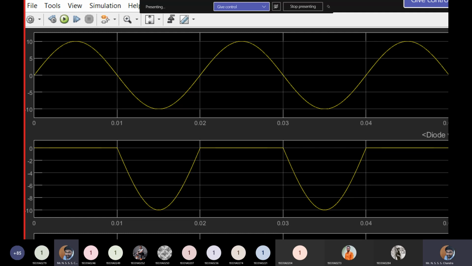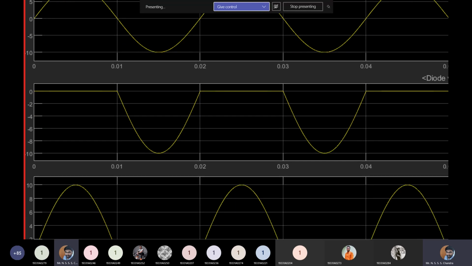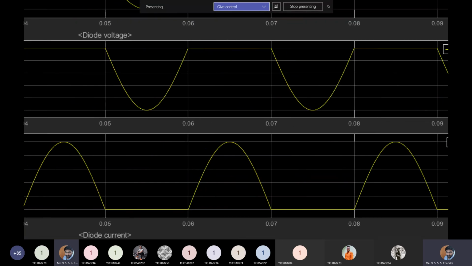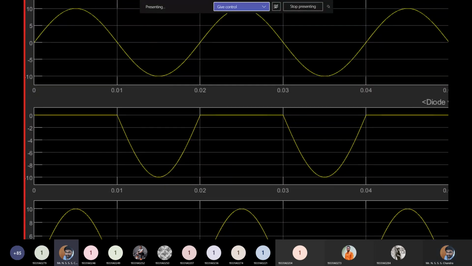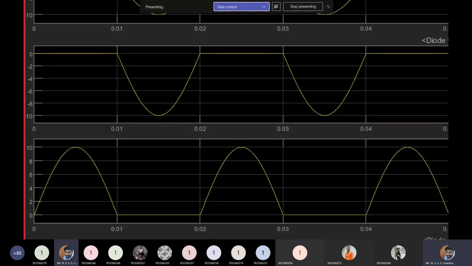Did you understand what I'm saying? Supply voltage Vs is a sinusoidal curve in the positive half cycle. That Vs should be equal to V1 plus V2, where V1 and V2 are the voltages across the two series elements. The first series element is your diode, across which the voltage I am observing is 0. And the second element is your load resistor. So Vs is equal to 0 plus V2, so V2 will be equal to Vs. Now in the positive half cycle, the voltage across the resistor, the output voltage, will be exactly the same as your input voltage.